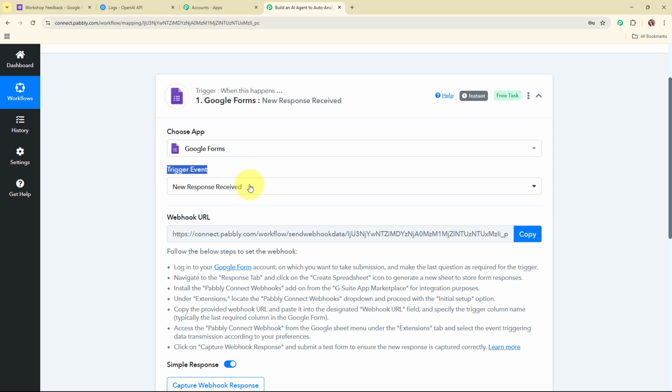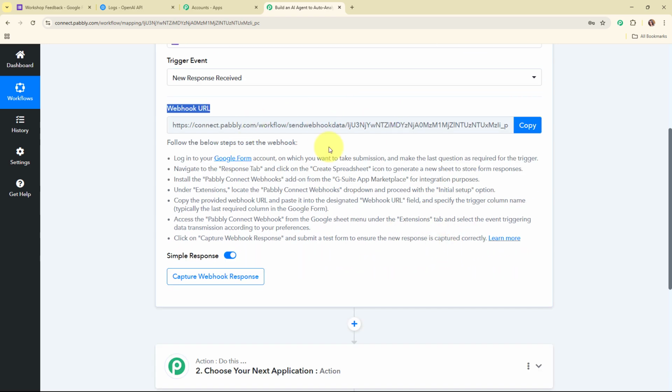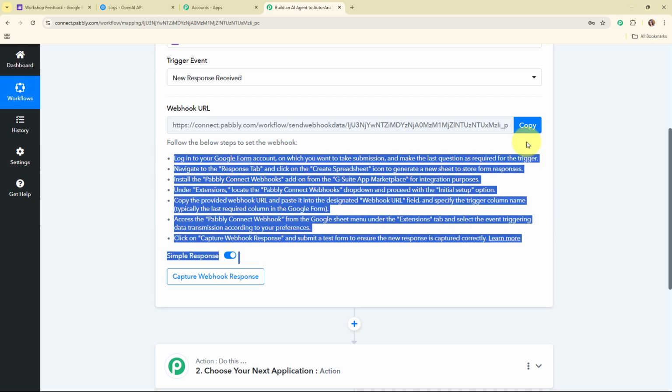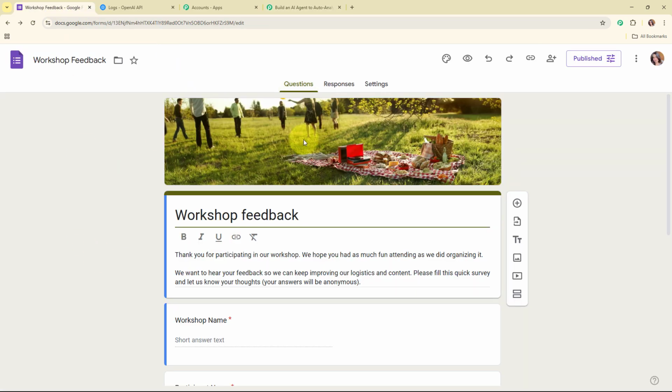Alright, so now after selecting my trigger event, you can see I've received a webhook URL. That means here I'm going to use this webhook URL to connect my Google Forms with Pabbly Connect. So following the instructions given below, firstly I'm going to copy this webhook URL, and here I've already logged in to my Google Forms account. So this is the Google form that I've already created,